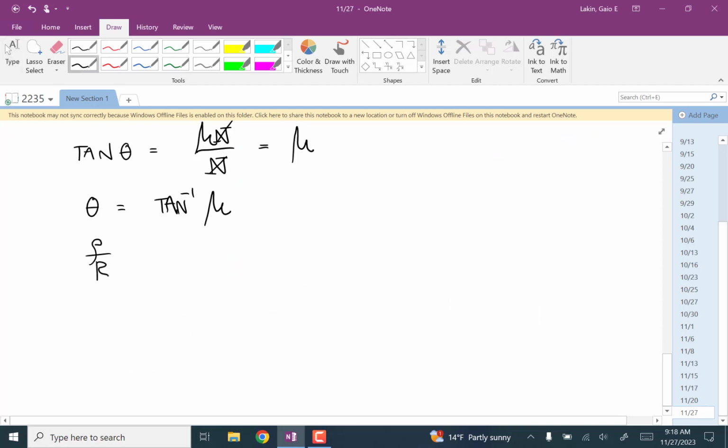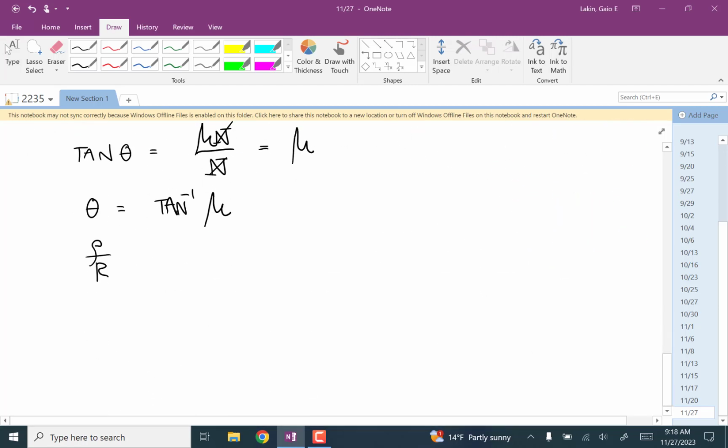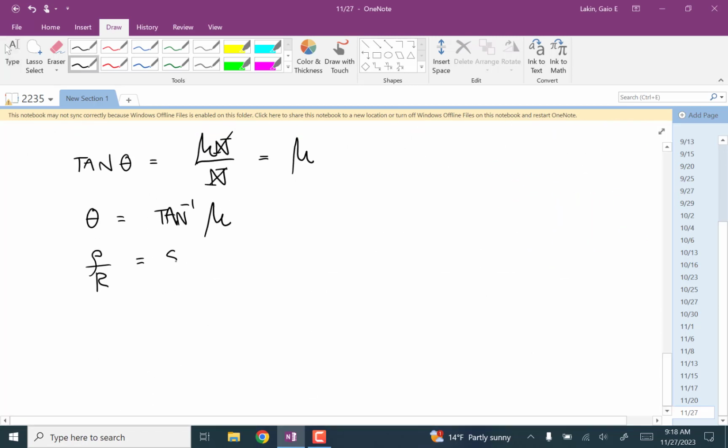Rho over the radius of the axle is sine of theta, which is equal to the sine of the inverse tangent of the coefficient. And so rho is equal to r times the sine of the inverse tangent